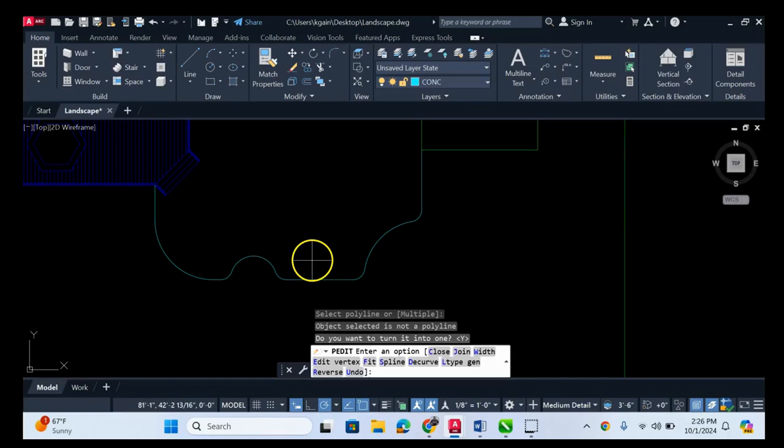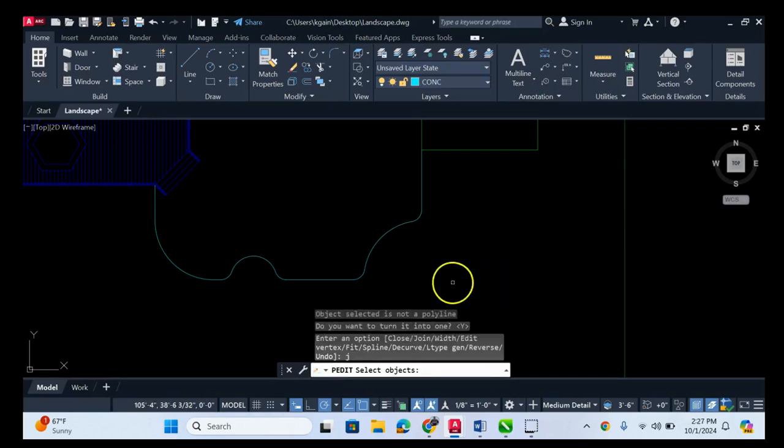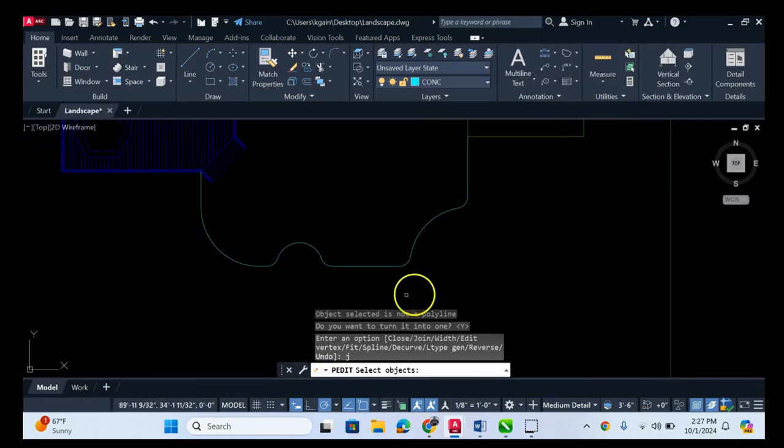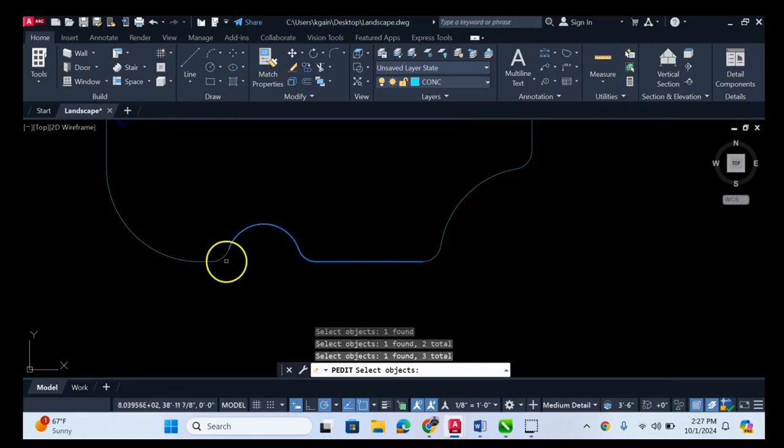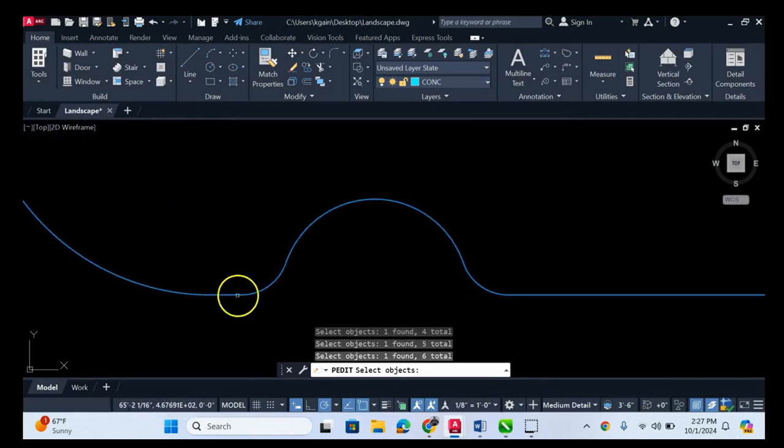Your command line now is asking what you would like to do with that polyline. Of all the options that are given to you, you want to select the letter J for join. Once you've entered that into your command line, select the enter key. And now you can select the lines you want to form into a polyline, including the one that you had initially selected. You can simply single left click around your perimeter, not forgetting any of them,